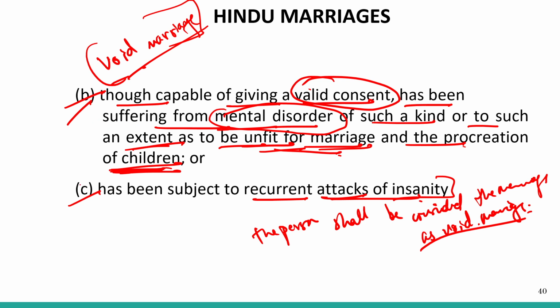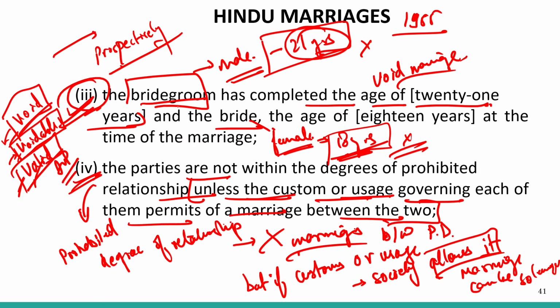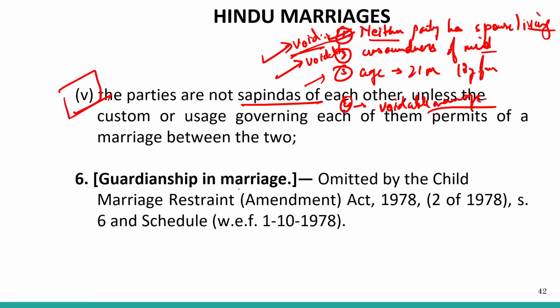Okay. And then the third condition, this by default will be considered to be void. The fourth condition, if not by prohibited degree of relationship, then it will be considered to be void. But if the customs allow, then that marriage will be considered to be a valid marriage. Okay. And then the sapindas, unless they are not, this will be considered to be voidable if they are going to